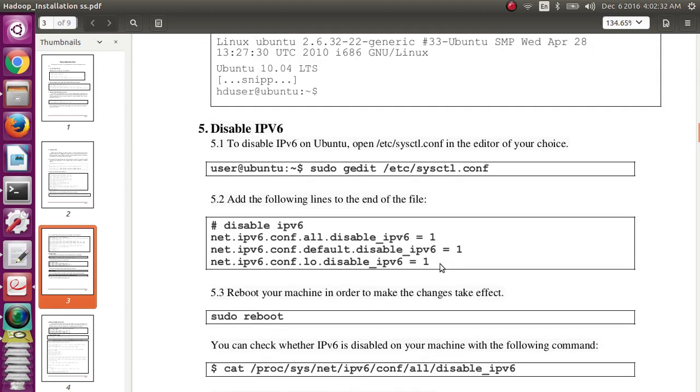Next, disabling IPv6. We are disabling IPv6 because Apache Hadoop is not currently supported on IPv6 networks. It has only been supported, tested and developed on IPv4 stacks.